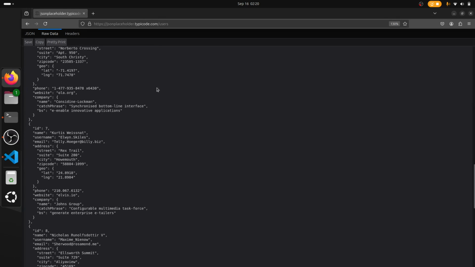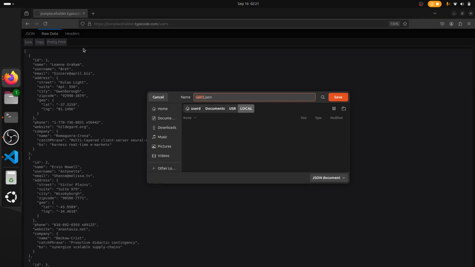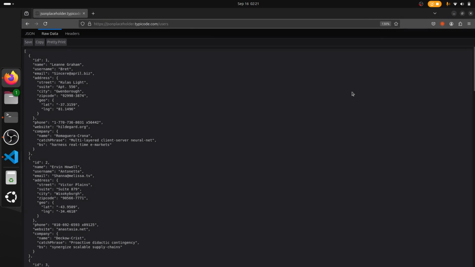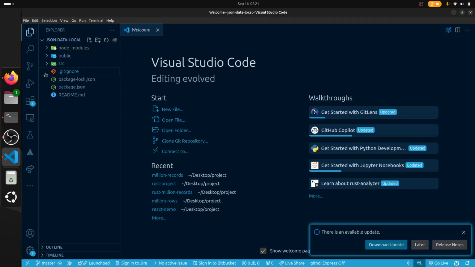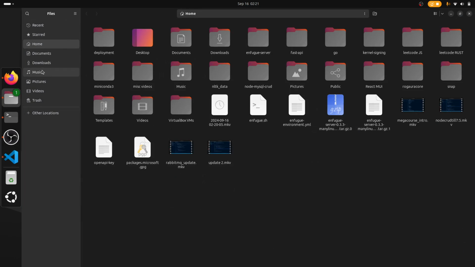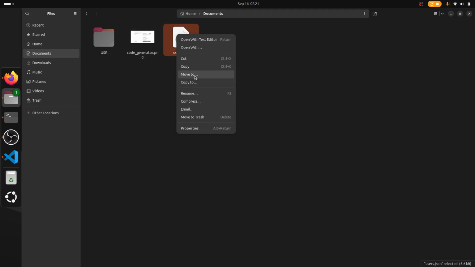So for JSON data, I will just copy this file. Oh, I can save also, so this is great. I can just save it in the documents, maybe as users.json. I will give you the link of this JSON data in the description, so you can download this file. Then I will go there in the documents, and this users.json, I will copy this,